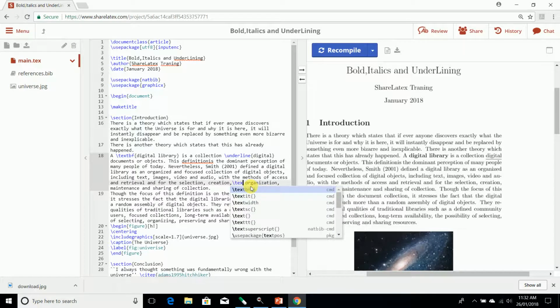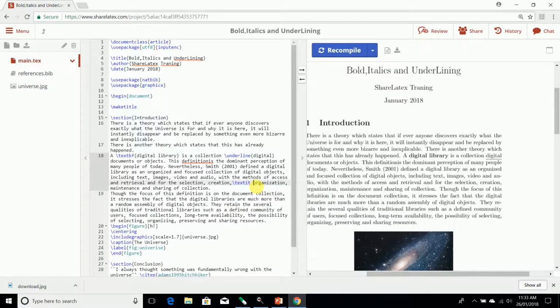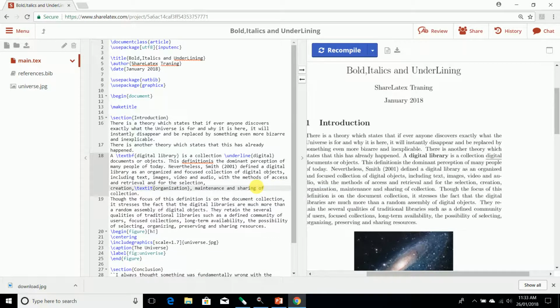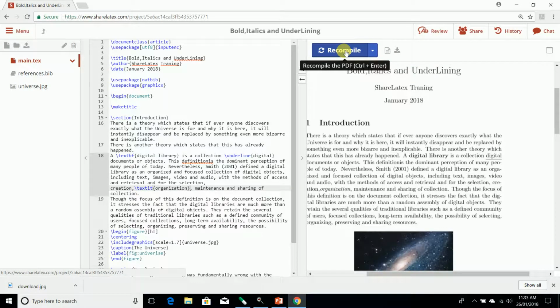Slash text, word organization in the curly braces, closing the curly braces, then compile it. Here is the organization word